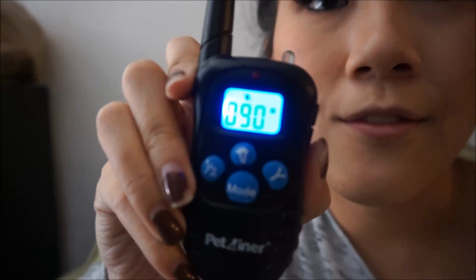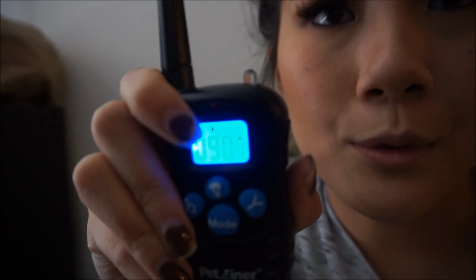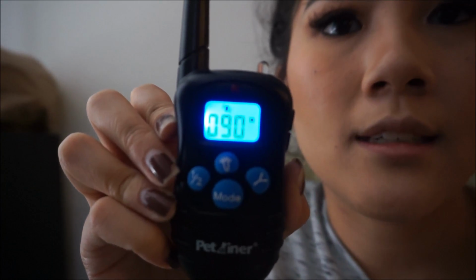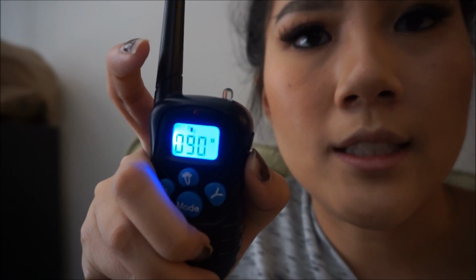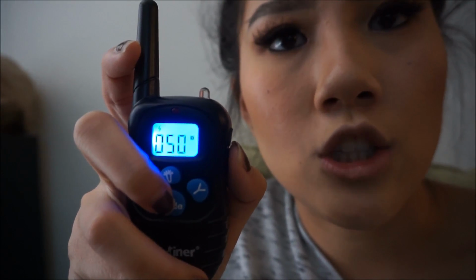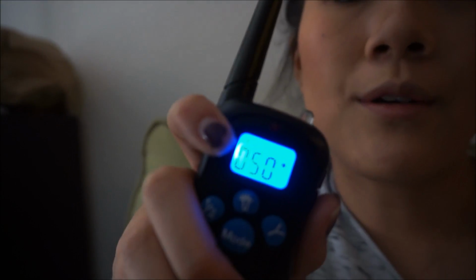So what I did is, the intensity level here, I'll just show you. I'm not gonna show you on her because she's not doing anything wrong, but I'm gonna show you what it looks like. Okay, so right now it's on vibration mode. I don't know if you can tell, but that little symbol right there means it's vibration mode. It tells you the intensity is set to 90, and there are these dials on the side that increase and decrease the intensity. If I press mode again, it goes to the shock one. There's a little lightning bolt symbol at the top, and the intensity is set to 50 because